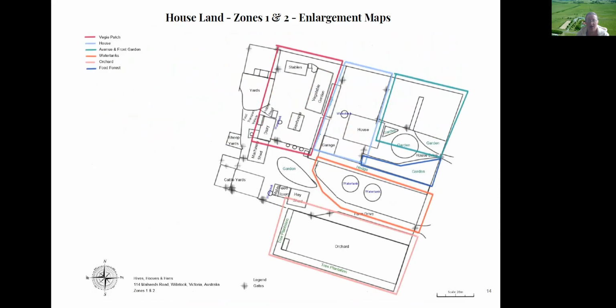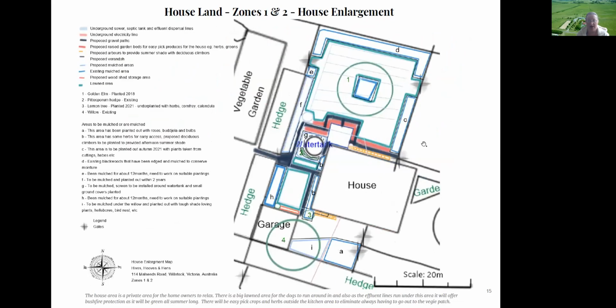Based on the designs, I've broken it down for zone 1 and 2. I've broken it down into small little sections, so I'll go through those now with you. So this is the house enlargement area. This is just going to be a private area for us as the homeowners to enjoy, to sit back